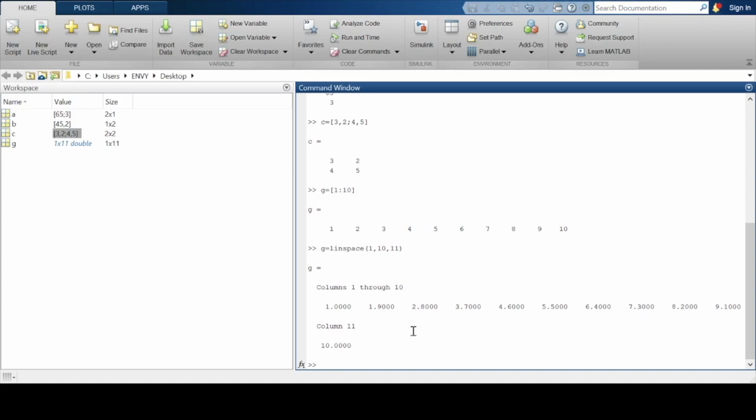In short, linspace is more flexible than using colon, but as you can see, colon is much easier to type. Now, what if you want a different step than 1 for the same range from 1 to 10? So what we do is